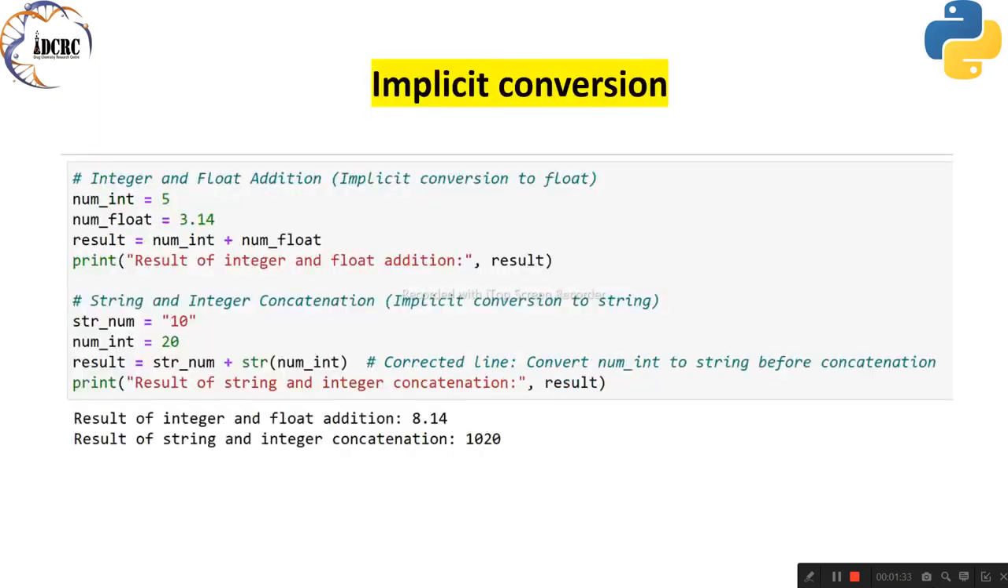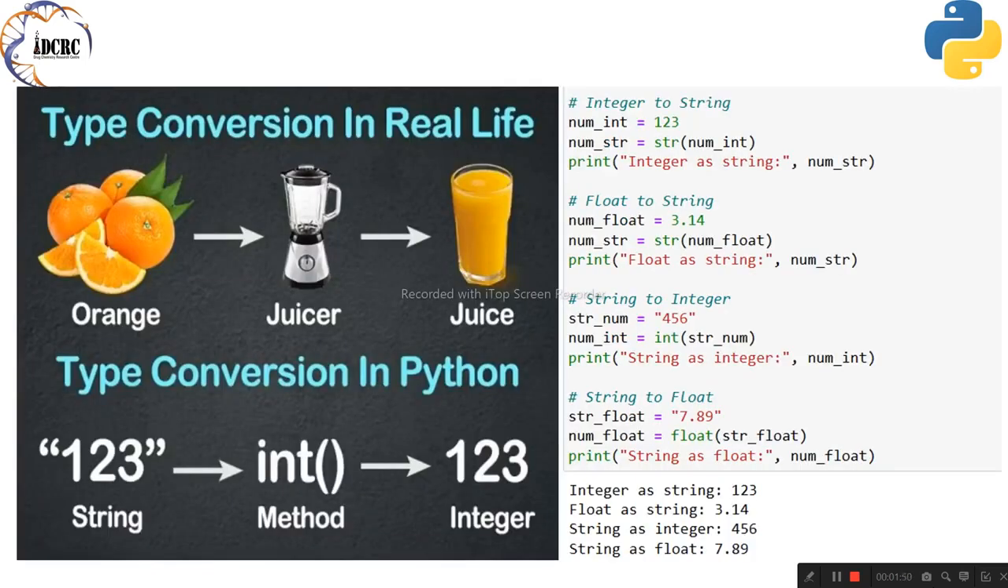Python doesn't stop there. It also performs implicit typecasting, or automatic conversion, without any explicit function calls. For example, when we add an integer and a float together, Python seamlessly converts the integer to a float to perform the addition. Now, while typecasting in Python is indeed powerful, it's essential to follow some best practices to avoid